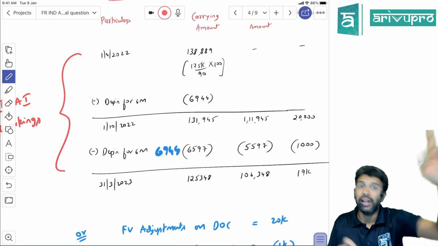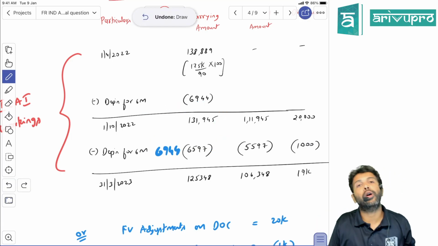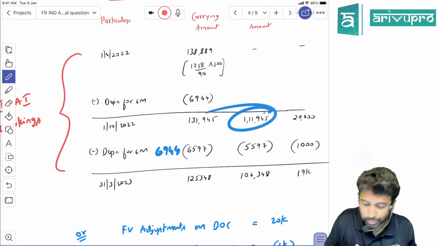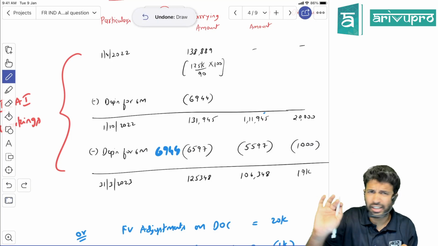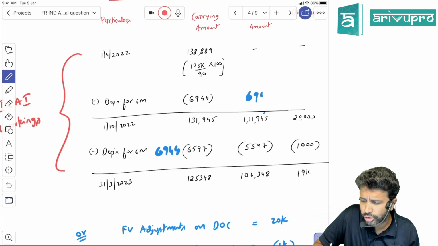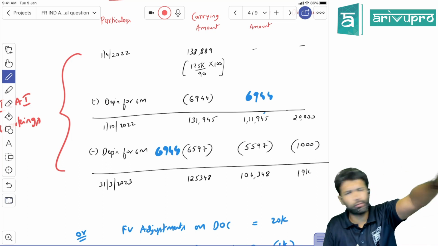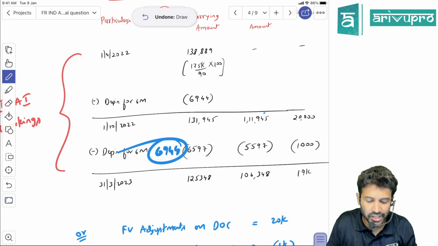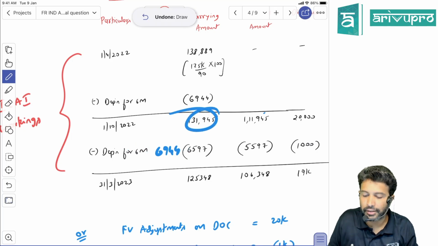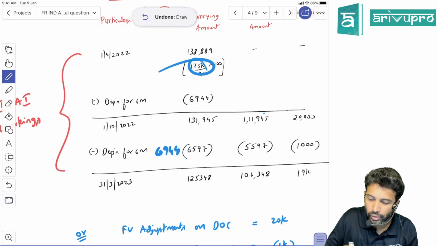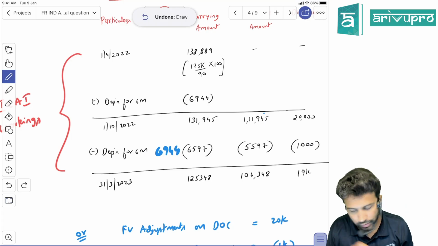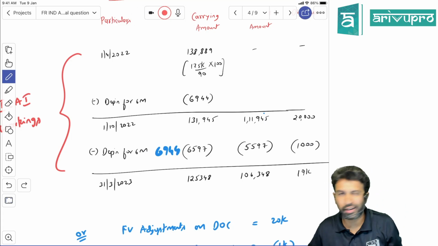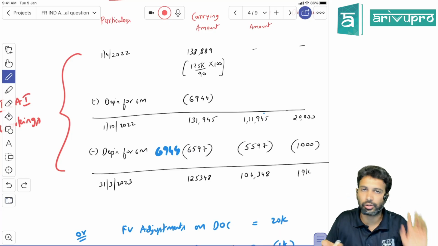But we don't take carrying amount for consolidation valuation. We take fair value. Right now the fair value has become 111,945. For first 6 months, there's absolutely no problem. Depreciation charged also should be 6944. It is charged 6944. Absolutely no issues. But for next 6 months, subsidiary company has charged 6944, because from 131,945, if you reduce 6944, then only you will get 1,25,000. If you want, you can just check 131,945 minus 6,945. You can ignore the round off error, you will get 1,25,000. That is the value.